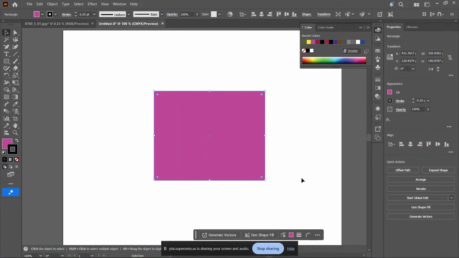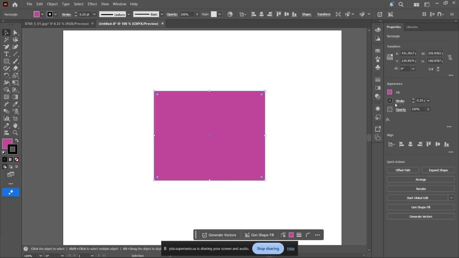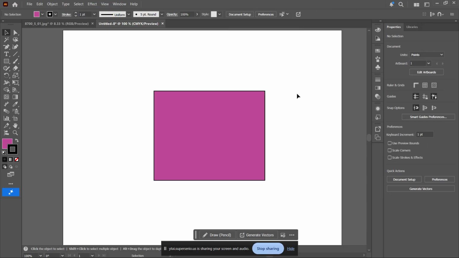In today's video, I'm going to show you exactly how to change the color of an object in Adobe Illustrator using the color panel. This is one of the fastest and most essential skills every Illustrator user should know, whether you're designing logos, social media graphics, illustrations, or print materials. By the end of this tutorial, you'll know how to change both the fill and the stroke color quickly and